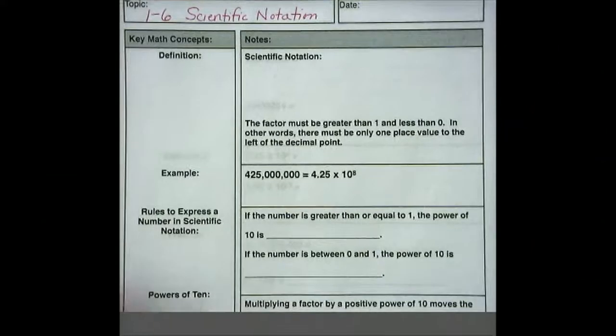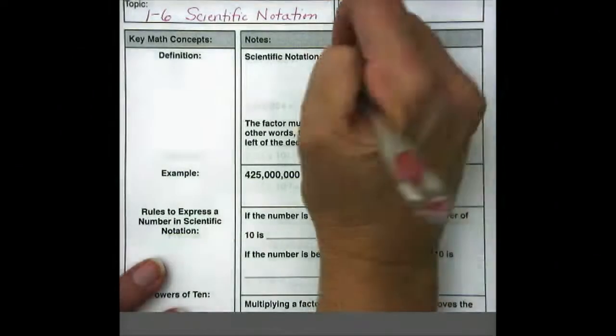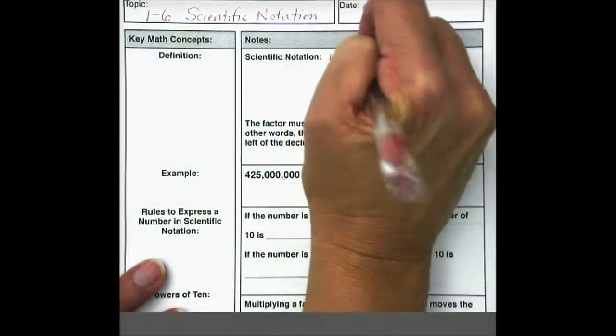Let's look at section 1.6, scientific notation. Once again, scientific notation is a repeat for us from our math minutes earlier this year, and you've also looked at it in previous school years, so this should be review. Now remember that scientific notation is when a number